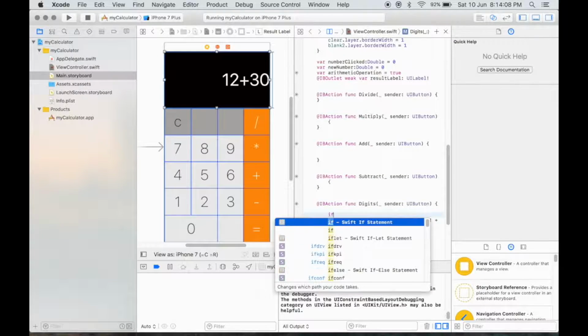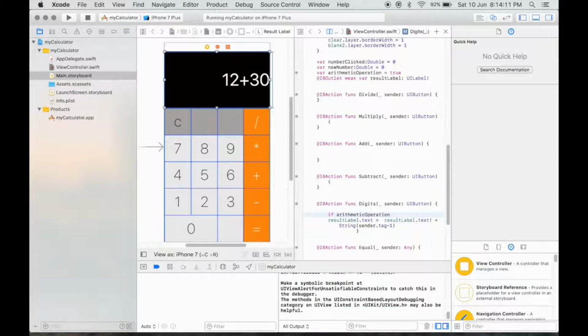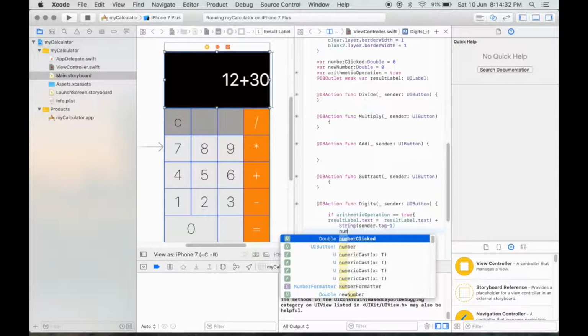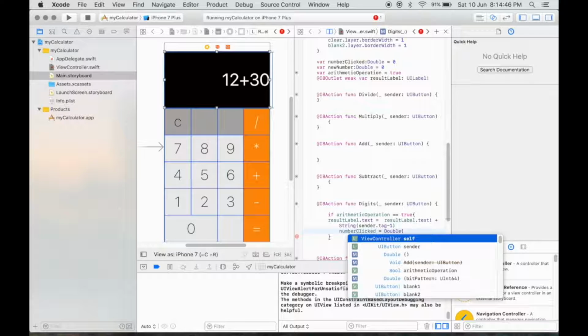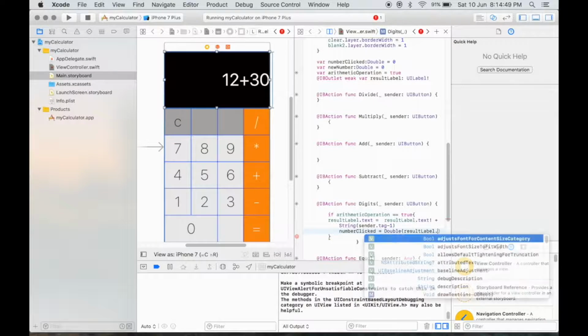So let's check for that. If arithmetic operation is equal to true, display the number and after that store that number into the variable. So let's store it into the variable called number clicked. Before we store that number which is displayed on the label, convert that into double. Result label dot text.